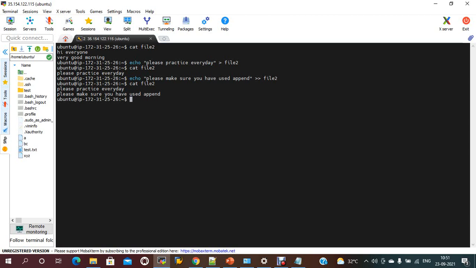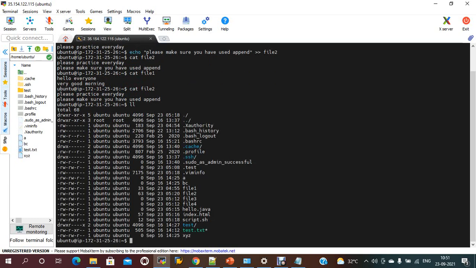Now if you want to see the data at a time, file 1 has some data, and file 2 also has some data. Now I want to redirect the data of file 1 and file 2 into file 5. Already I have files, ll. If I see file 3, file 4, it is there. So I want to insert into file 5 whatever data is in file 1 and file 2.